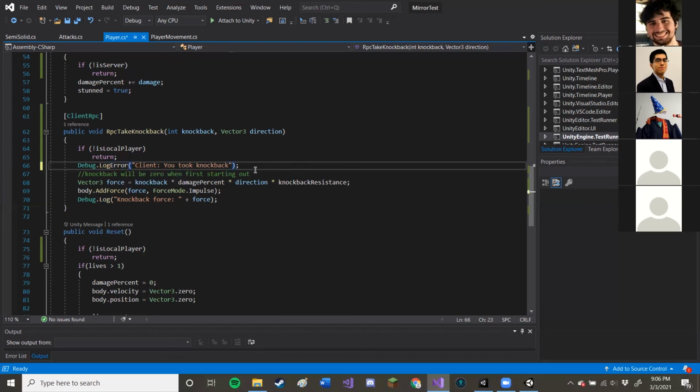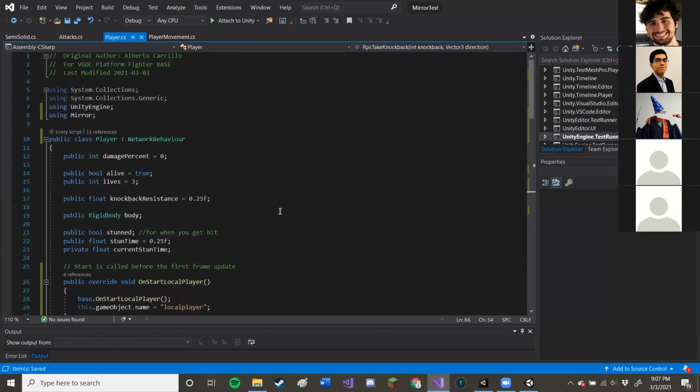But that doesn't fix the problem because you still should have seen it. Oh, did you put damage as a sync variable, or the damage percent? At the very top. Yeah, that's it. So you're taking damage, but your updated damage value is never being transmitted to the client. So your knockback is calculated based on your current damage percent, and since you're never transmitting that to the client, it'll always be 0. So you're not quote unquote taking damage.